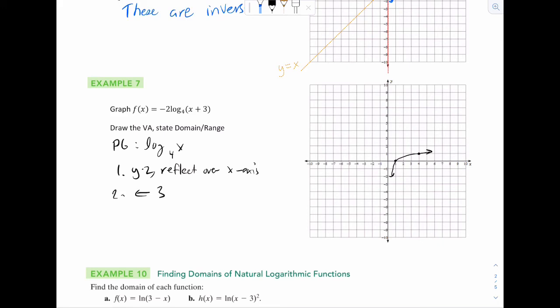So if I do those, if I do y times 2, this 1, 0 will still be here. And then this 4, 1 is going to be 4, 2. I'm going to connect it here. And then let's see, got to reflect that over the x-axis. Let me get rid of that actually. So reflect. Okay, now that I've reflected it,